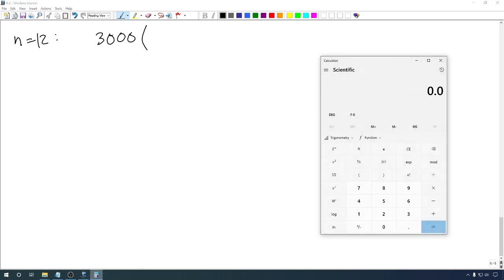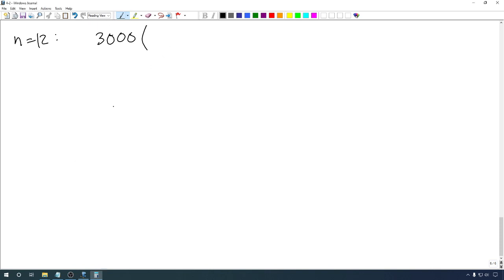Now we move on to 12. So I'll have 3,000. We need to take our 0.045, divide it by 12 this time before adding 1 to it. So we're getting some pretty small numbers now. Or small, I mean the r over n part's getting pretty small. So we're going to get